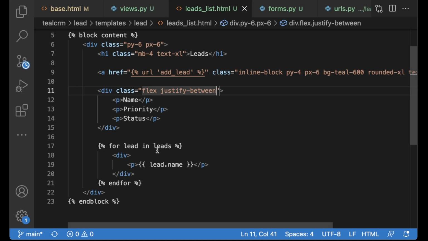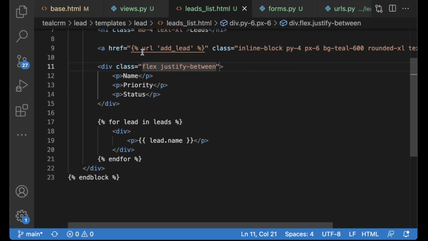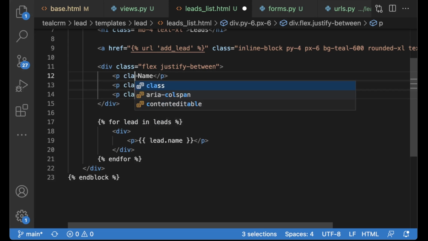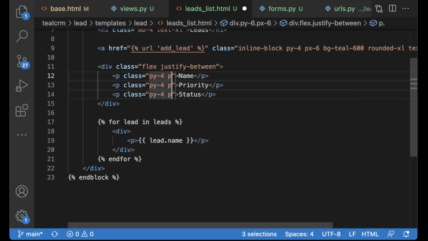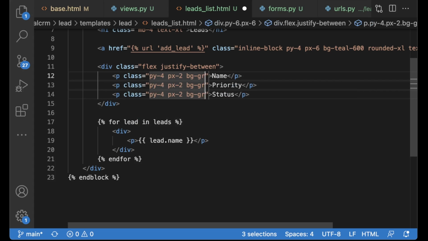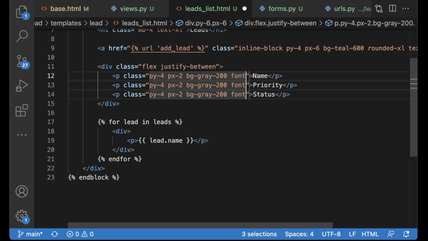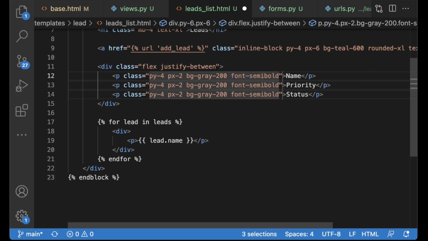Nice. And I want the same thing down here, but we can also have some space up here and the background color. No, I want to add this on these actually. So on all of these three, class py4 px2, background or bg gray 200, and font semi-bold, and save.